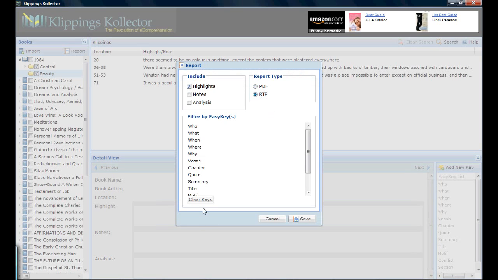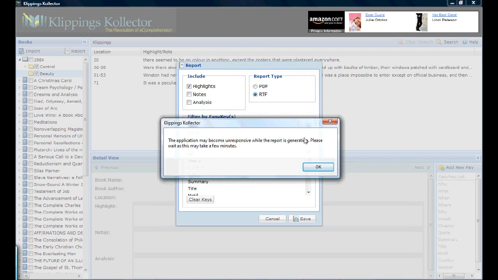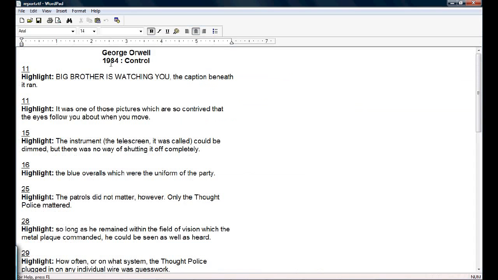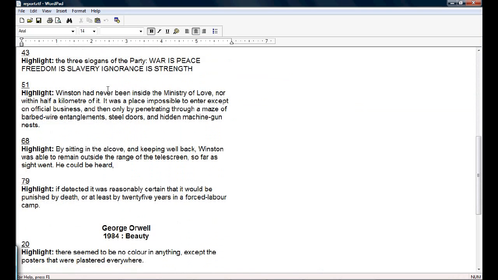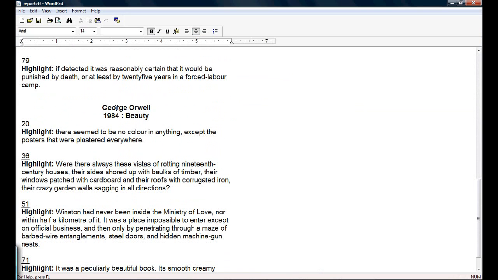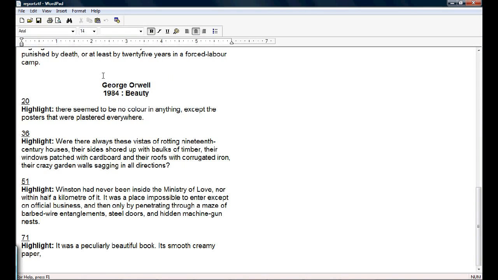Hit save, choose my folder. It may tell me it will take a moment. If you print off 1,000 highlights, it could take a couple of minutes. Hit OK. Now look at that. There's 1984, the keyword control. These are the words that deal with control right here. And then coming down here is beauty, and these are the phrases that deal with beauty,